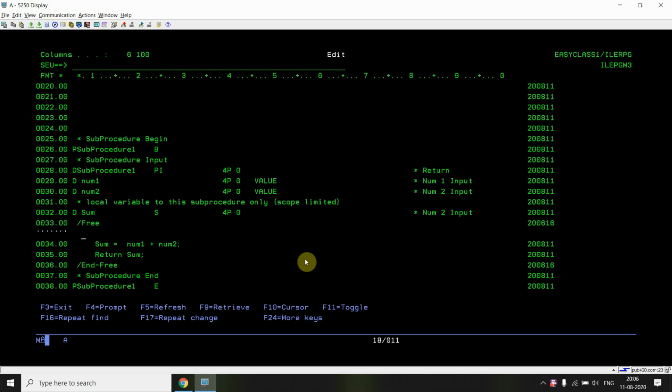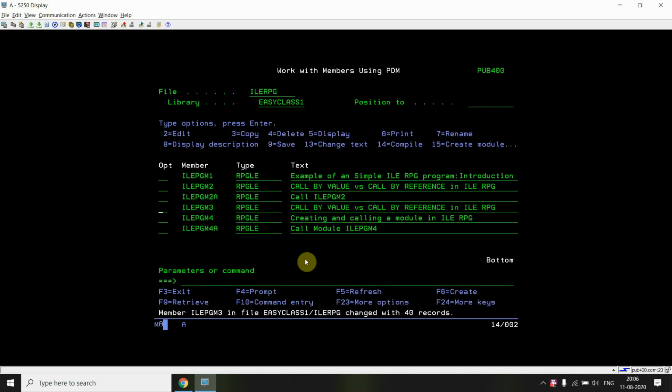After that, I'm changing num1 to, for example, 1, and num2 to 1. I'm receiving num1 as 150, but I'm changing that to 1, and num2 also to 1.